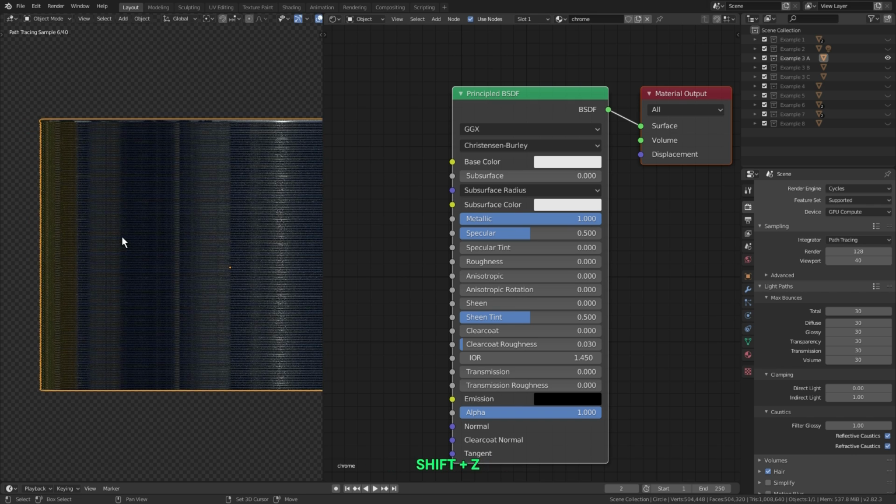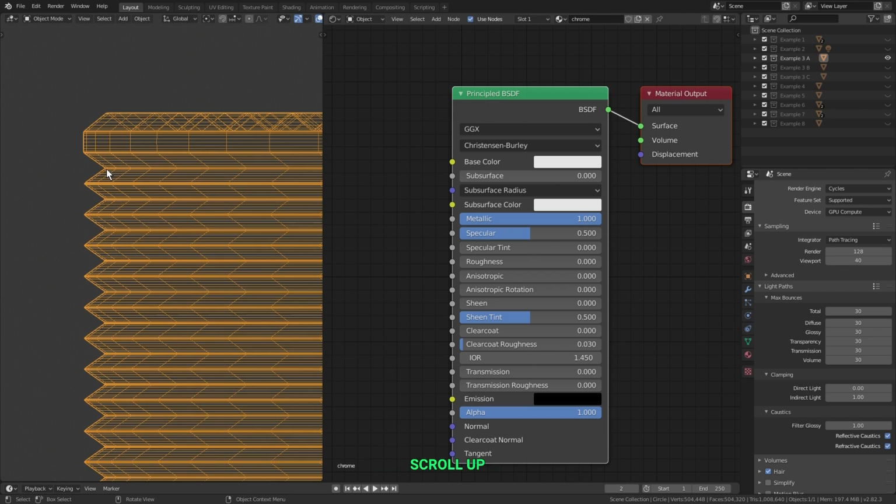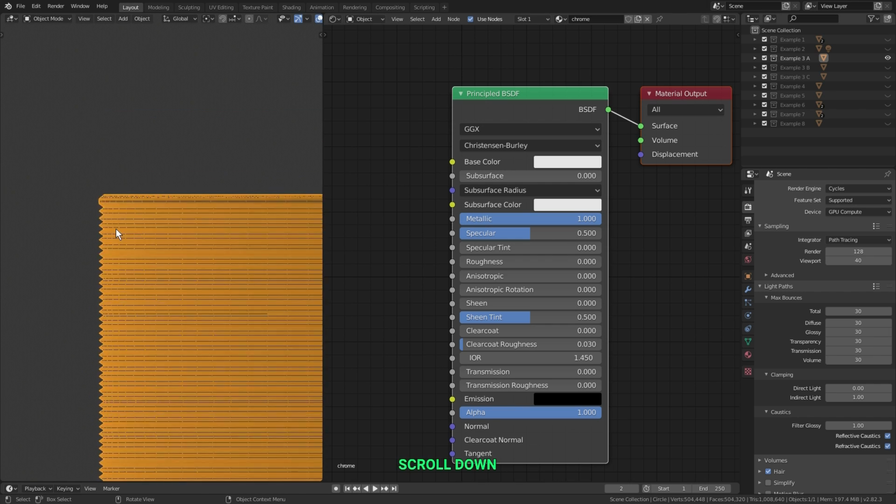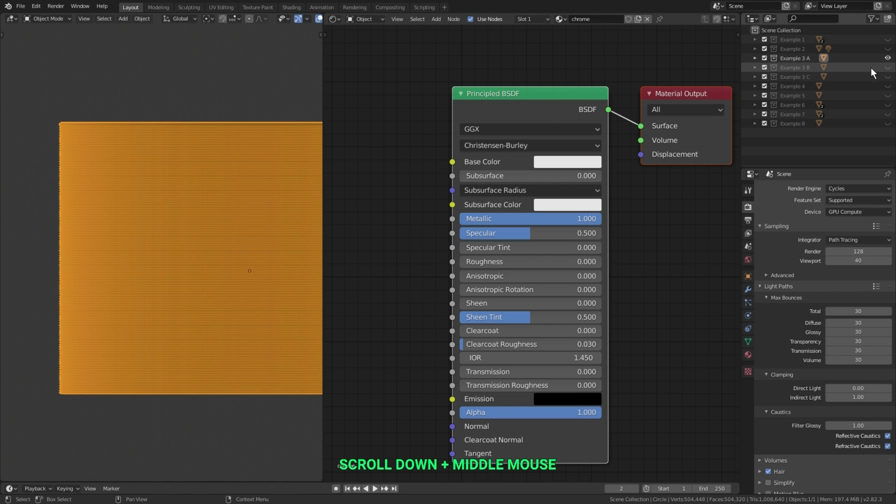Now in this example here, I actually modeled all of these ridges, and I modeled them pretty large too, just so that you can see them and understand the effect I'm talking about. The anisotropic option though would be most useful for more microscopic scratches or ridges, like on brushed metal. So for that, let's head over to example 3b,